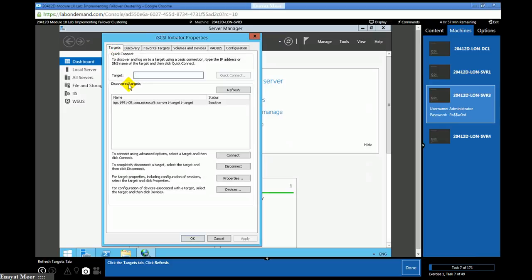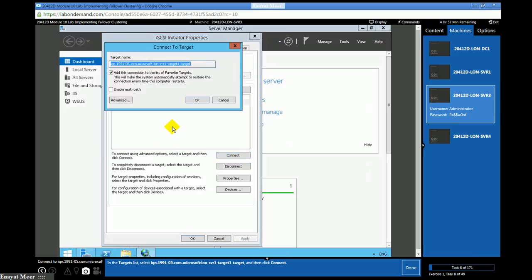So when we connect to an iSCSI target, that's how you point to the port number. Here you go from discovery, and then you can add the IP address of the target server where I have already installed the iSCSI target, on the back end or behind the scenes. Now you have an inactive connection, you click on connect to connect with SVR1, where I have already created 3 virtual disks. You will see that. I'm going to connect SVR3 and SVR4 with SVR1.